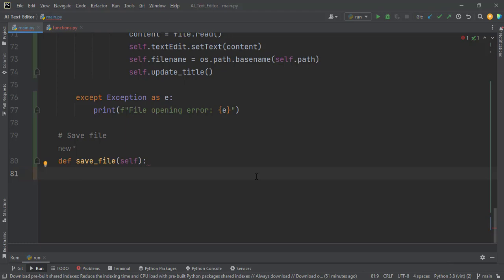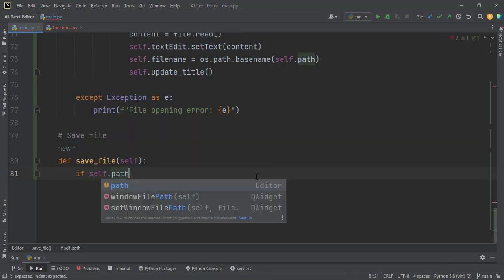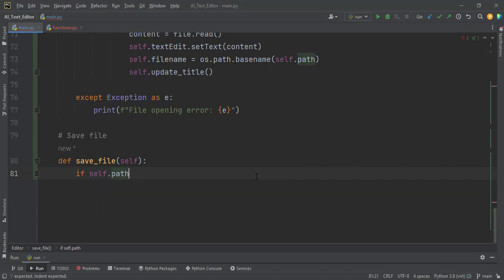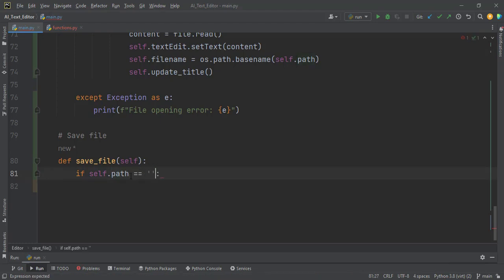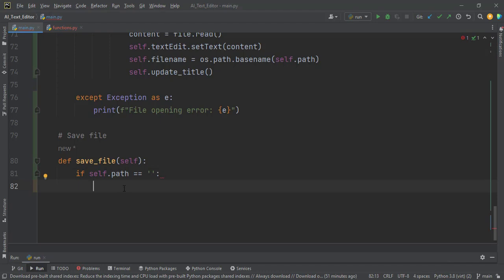So if self.path, remember the self.path up there, that whenever we open a file, we set it to the self.path. Okay, we have to perform the check. If self.path equal to an empty string,